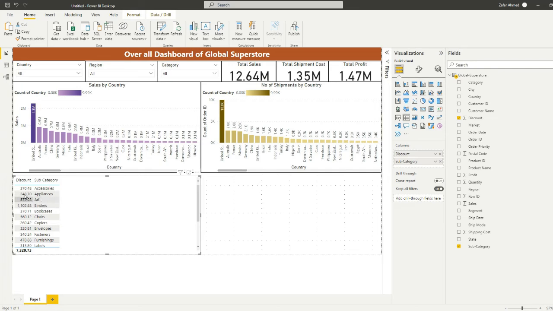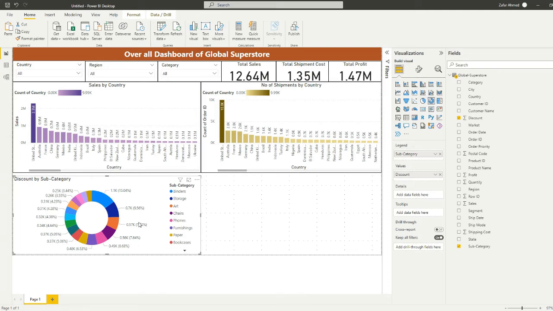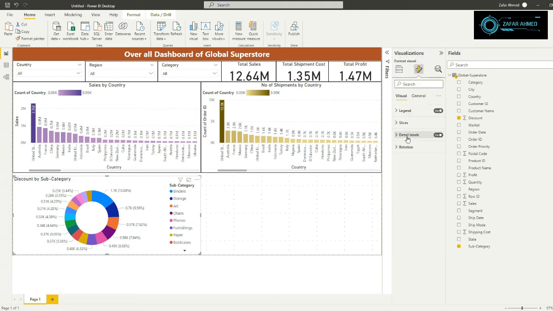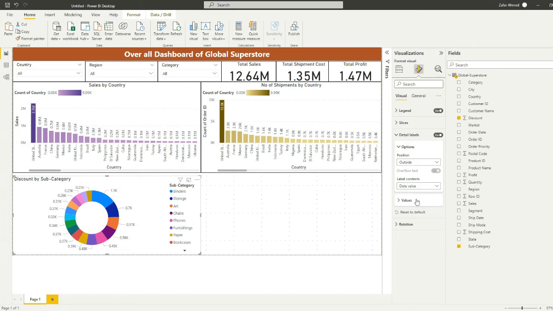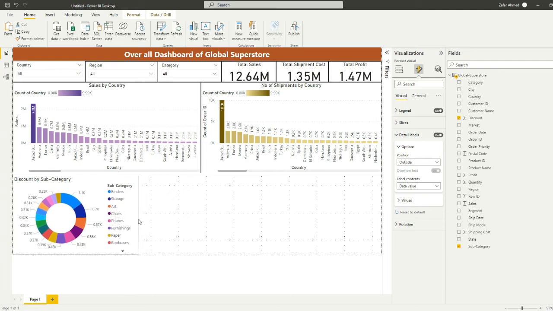So we have both our discount and subcategory. The total discount was 7,329.73 cents. So we will go to a donut chart. So we have our donut chart. Now it's showing both the figure and the percentage of total, and it looks very clumsy. So what we will do, we will just remove the percentage sign. Data labels, click on label content, click on only data value. It will show us a data value. Now concise it,